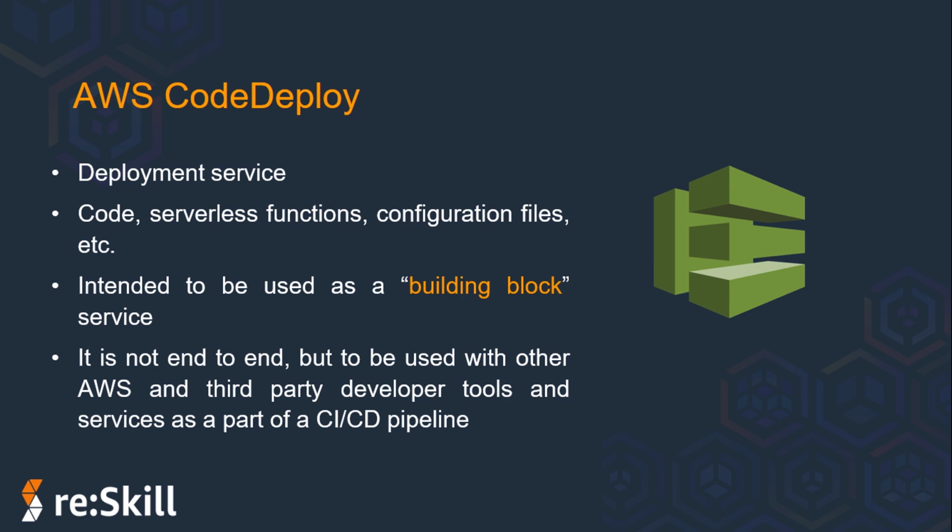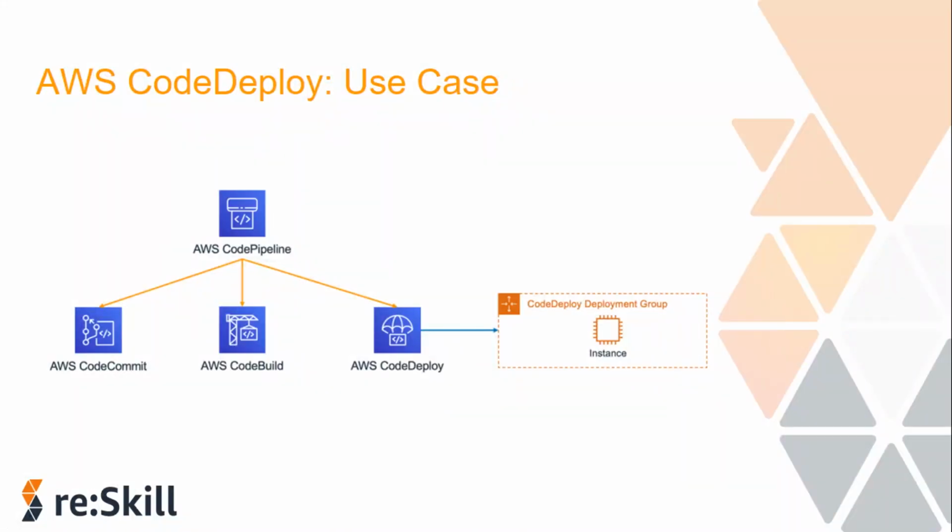So let's see a small use case of where we are using CodeDeploy. The following diagram illustrates a general use case for AWS CodeDeploy as a part of the complete CI/CD solution. In this example, CodeDeploy is used in conjunction with additional AWS developer tools, namely AWS CodePipeline, which is automating the CI/CD pipeline, AWS CodeBuild, which is used for building and testing the application components, and AWS CodeCommit, which is a source code repository just like GitHub, to deploy an application onto a group of EC2 instances.